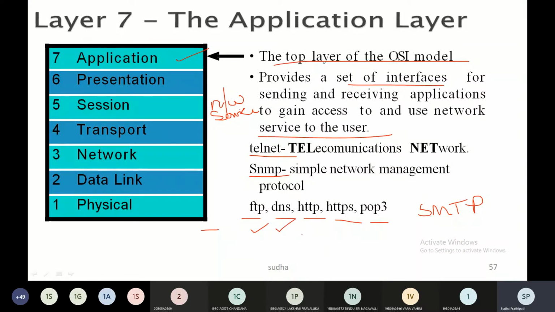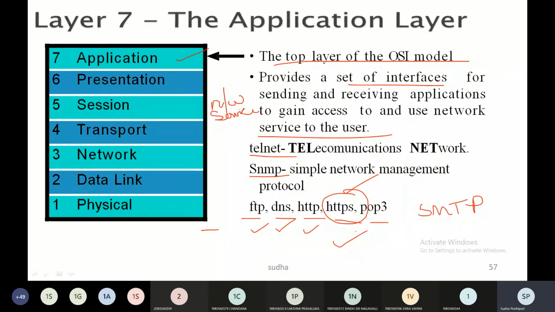DNS is Domain Name System, and HTTP is the protocol we use to transfer text and to establish the connection. A secure connection is established with HTTPS. I hope you have seen HTTPS in your web browser URL space.